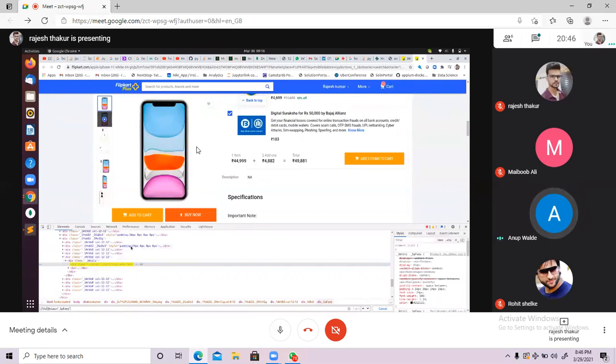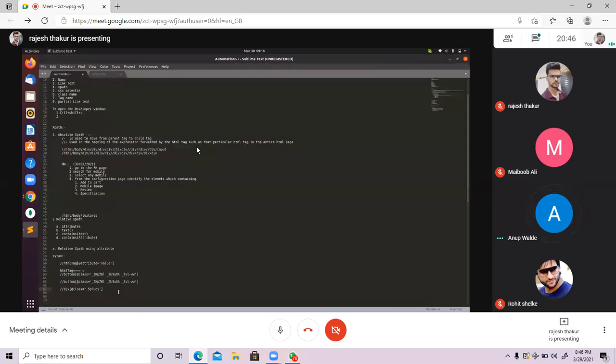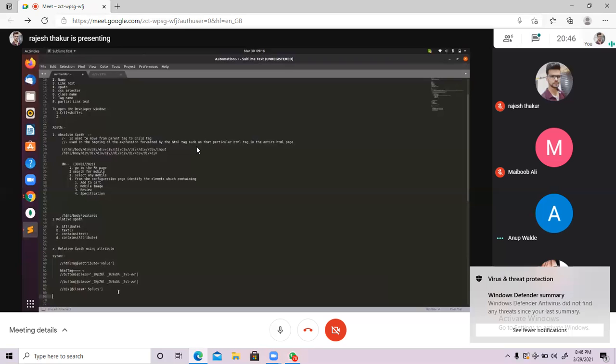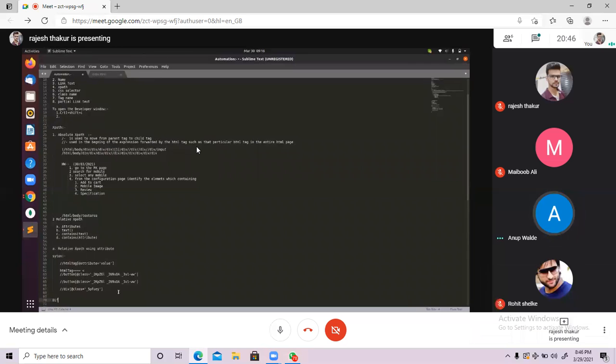Now coming to the difference between absolute XPath and relative XPath. I guess one difference everyone knows.